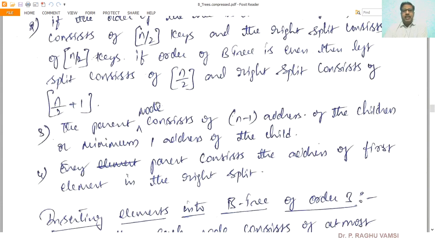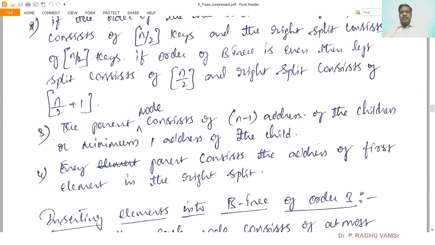Next, the parent node consists of n minus 1 addresses of the children, or a minimum of 1 address of the children. To have the link between the parent and child, at least 1 address of the child must be stored at the root level. For every parent, 1 child address must be placed.